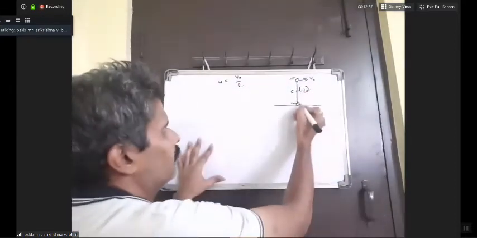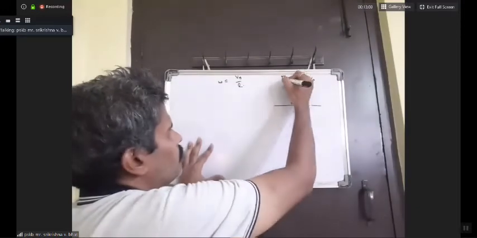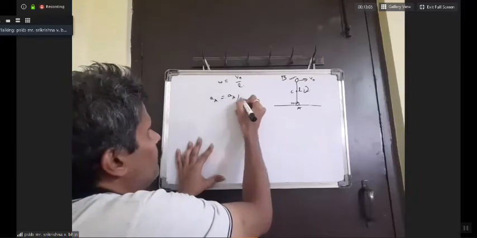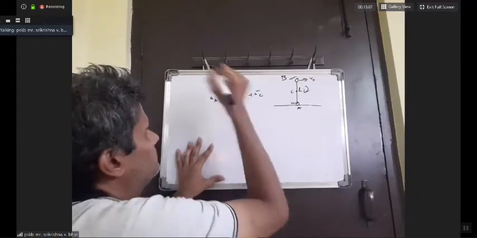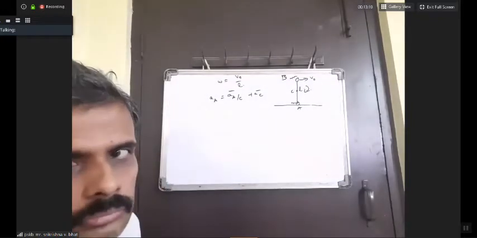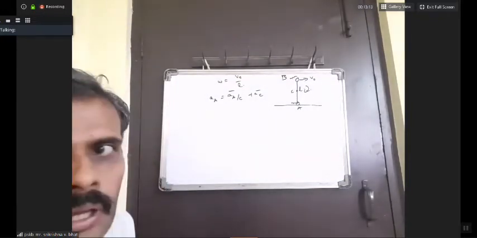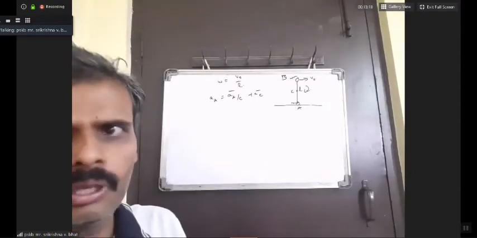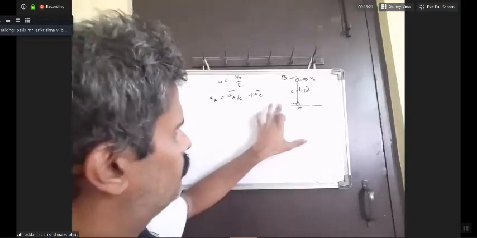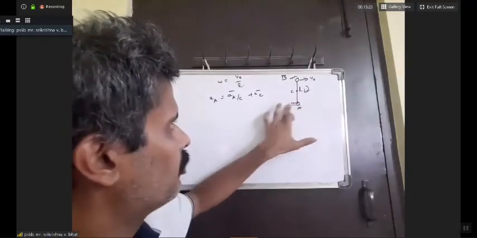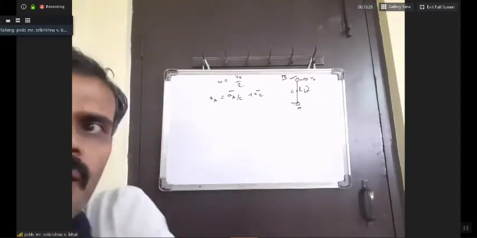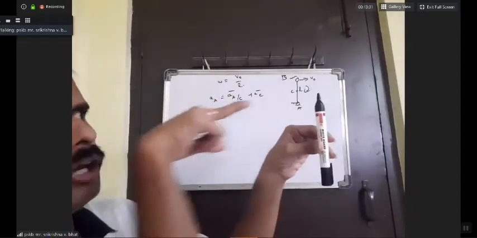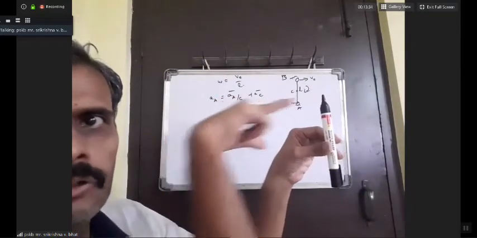Now suppose this is point A and this is B. Then I can say the acceleration of A equals the acceleration of A with respect to the center plus the acceleration of the center. For the time being, let us forget about the ground surface. We'll bring that into the picture later. Let us just imagine a rod placed in air that has been given a velocity by hitting this particle.